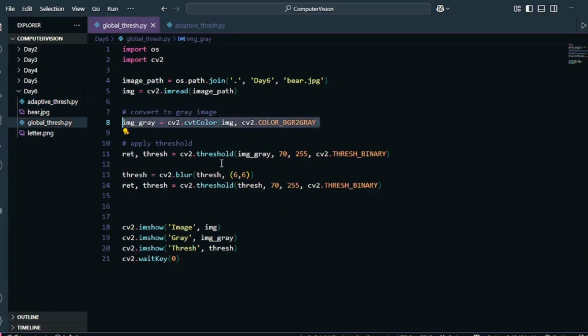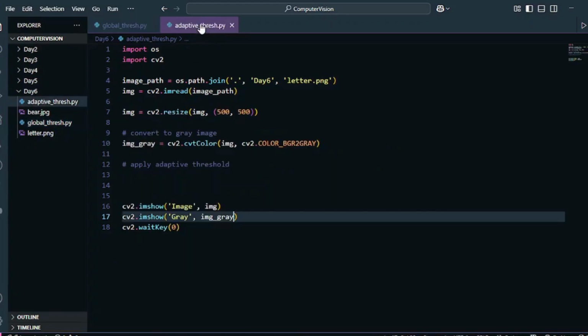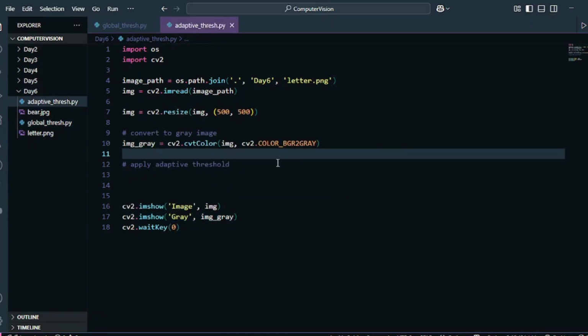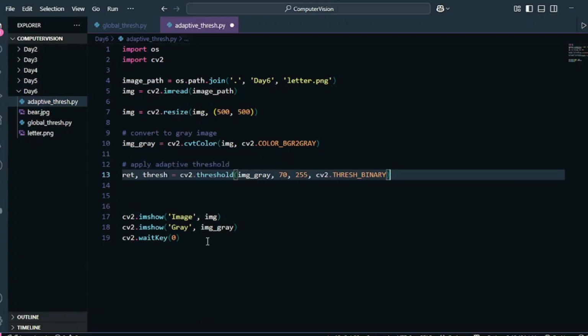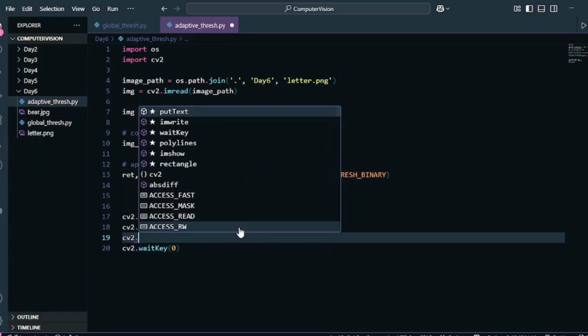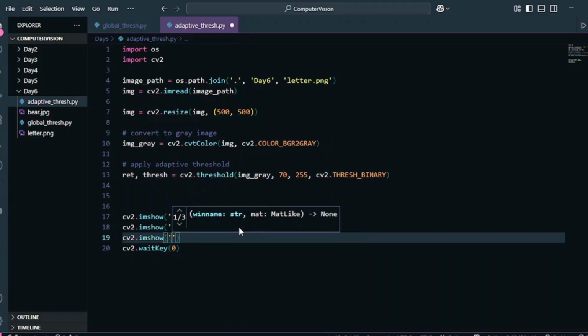Okay, so now I'm going to apply my normal threshold and see what happens. Okay, I'm going to visualize it as well, and I'm going to call it global threshold here.